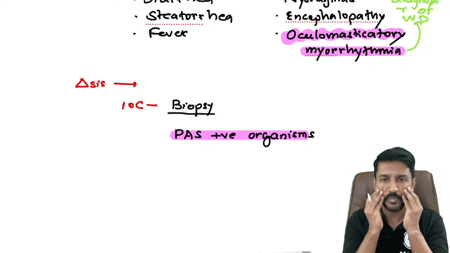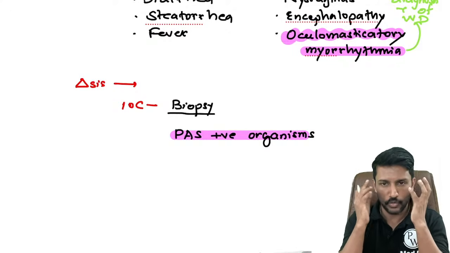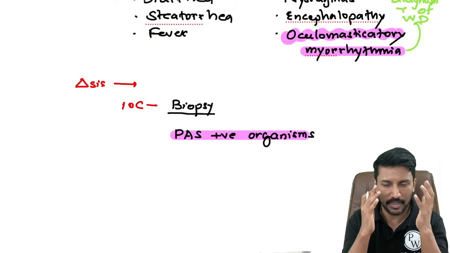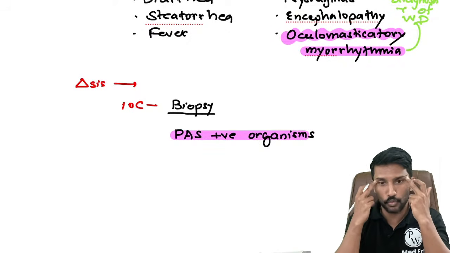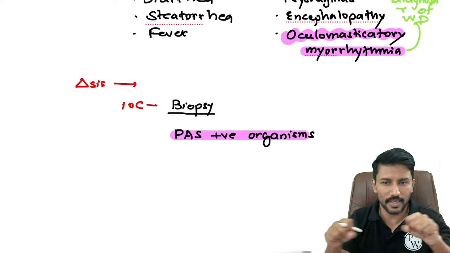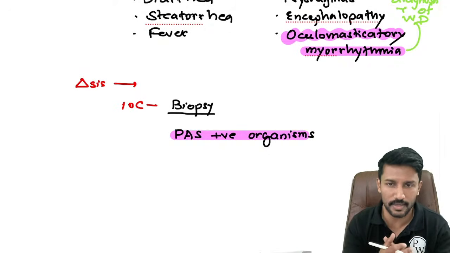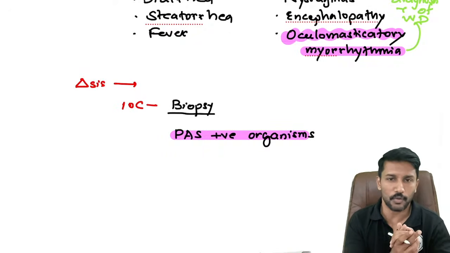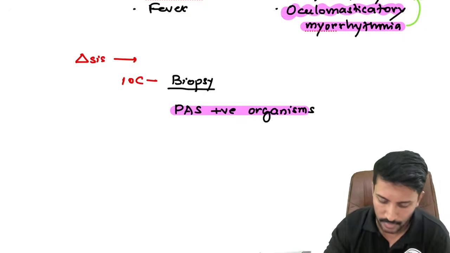So if I try to move my masticatory muscles, eye muscles will also contract and I can have a nystagmus-like eye movement, or vice versa. If I try to move my eyeballs, even the masticatory muscles will move. It means the two are linked together. That is the behavior that we see. That is what we call oculomasticatory myorrhythmia.